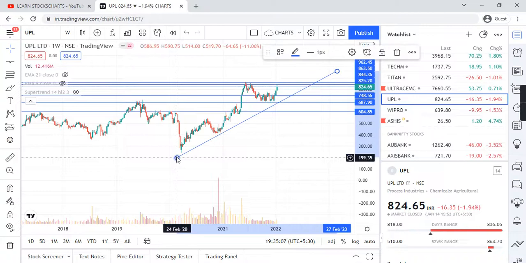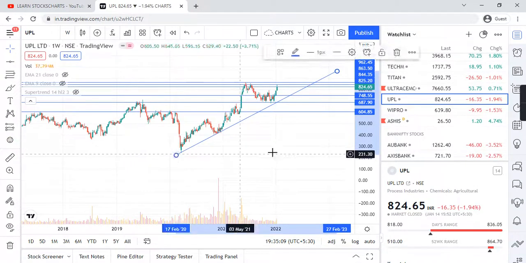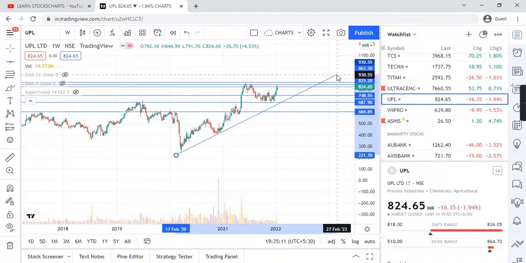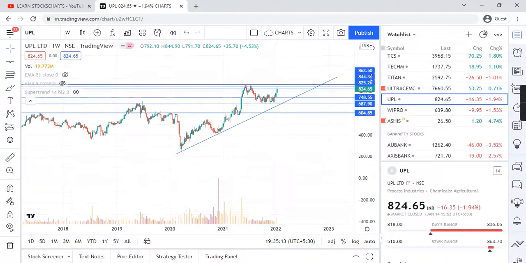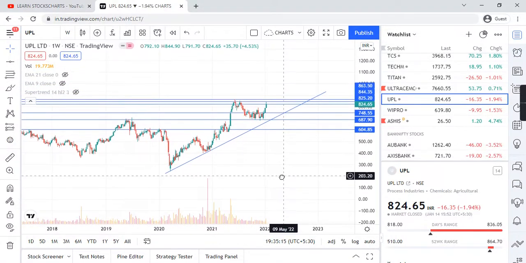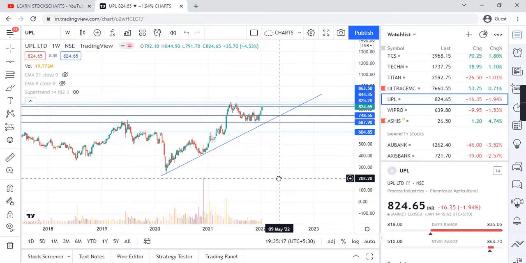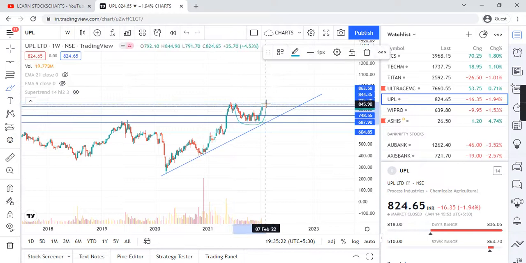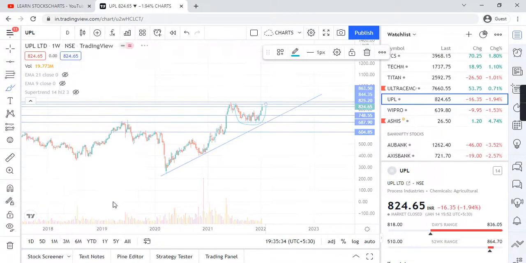So guys, in a weekly time frame, if you see, there is this pattern, this one. How it works? Cup shape, W shape, head and shoulder, this time will tell. So nothing specific in weekly. Daily,